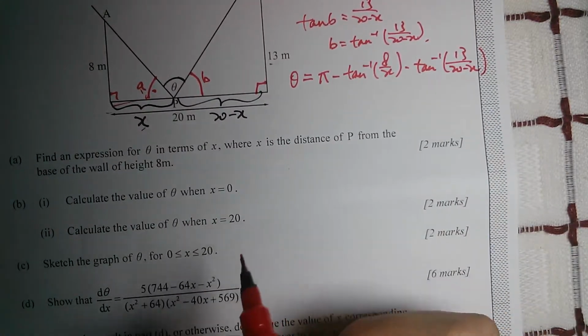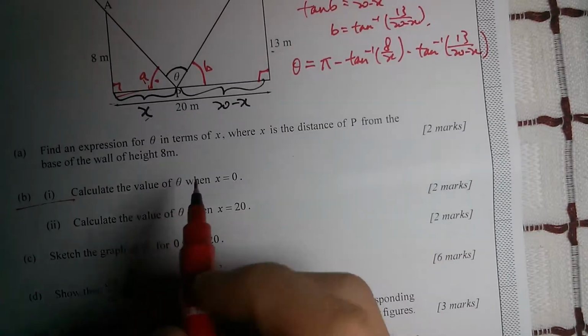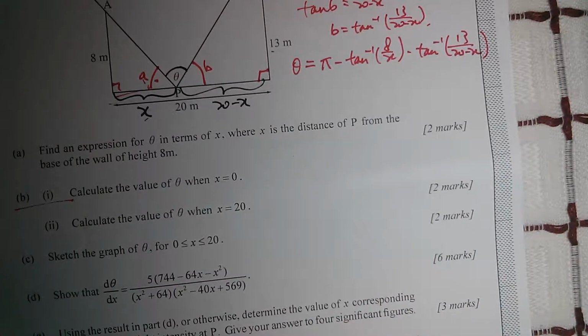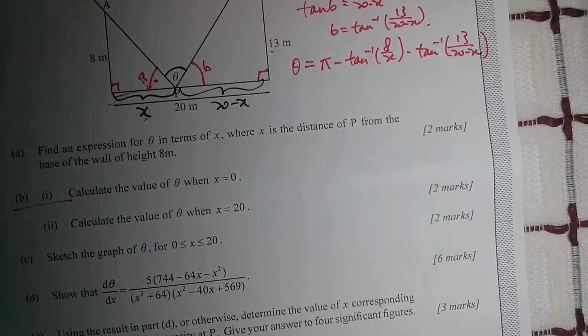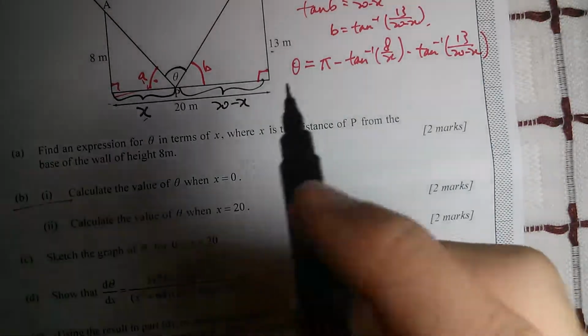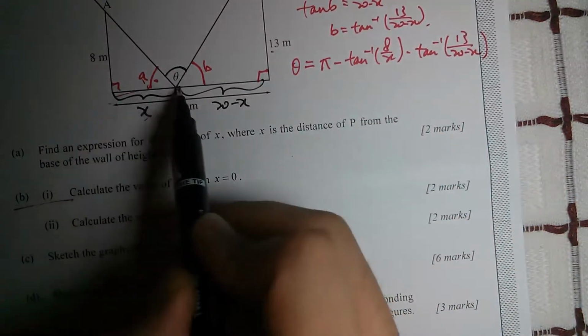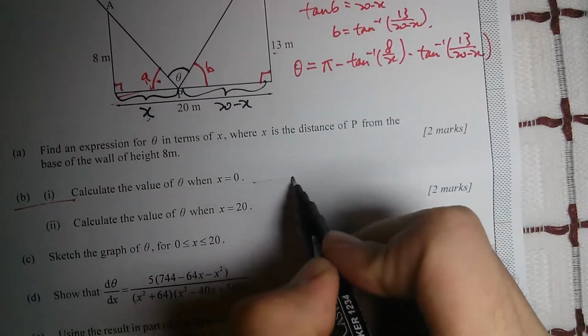Remember, this is paper 2, so a lot of stuff could be done by calculator, including this. Calculate the value of theta when x is 0. So obviously you just plug everything in. If x is 0, it's kind of like this moves to here. So the picture that you're looking at